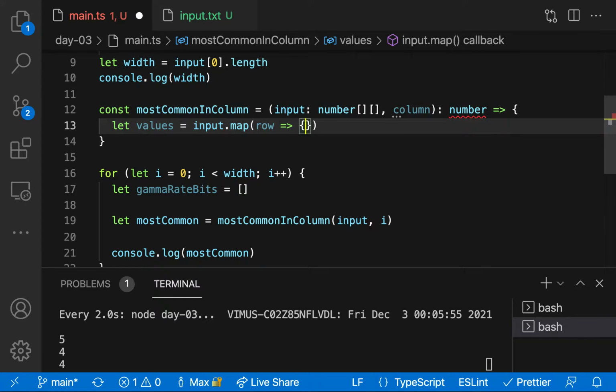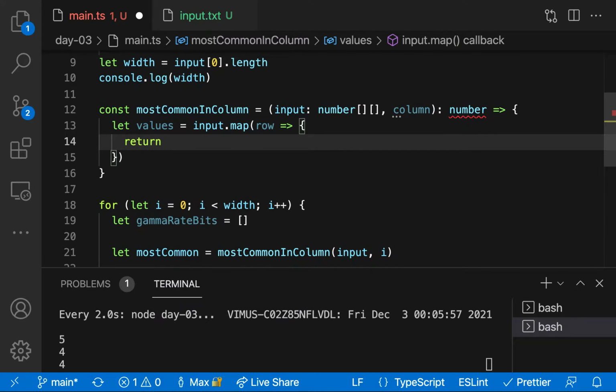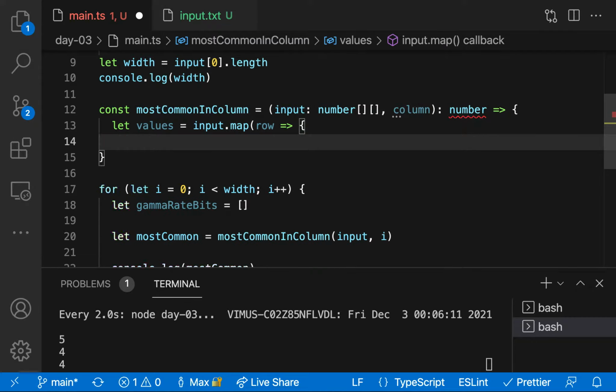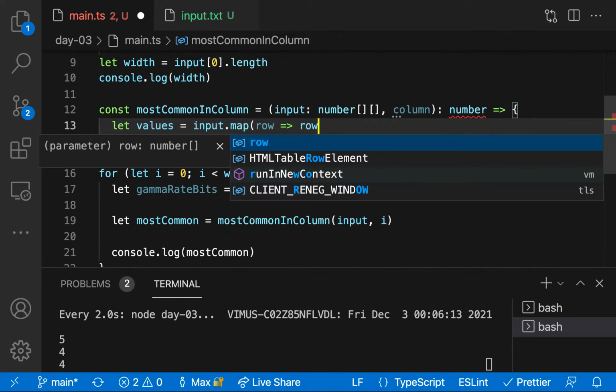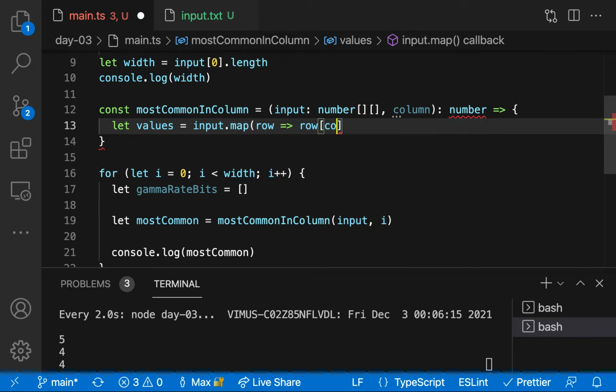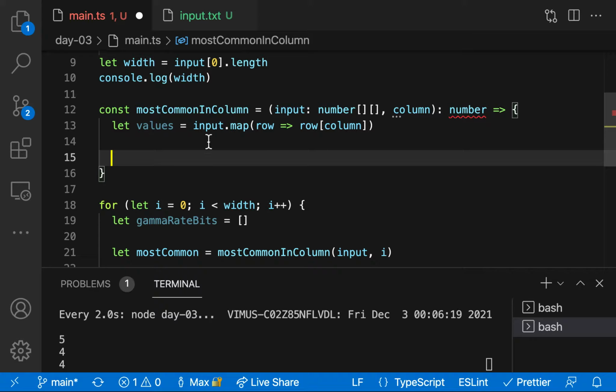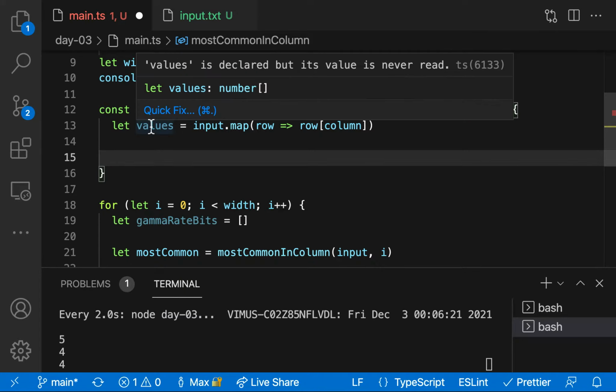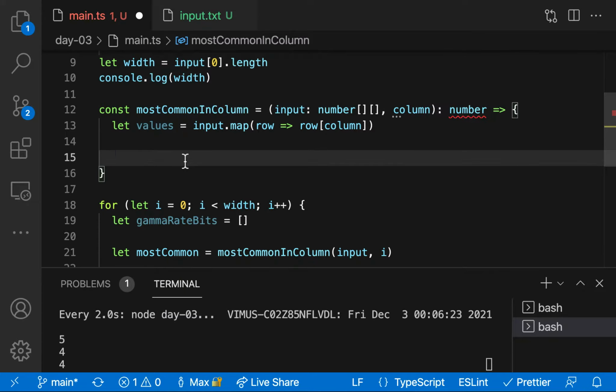Row, return, okay, what am I trying to do here? So basically just return, oh, okay. All right, so we'll get the values, which is an array of numbers, and then now we just want to